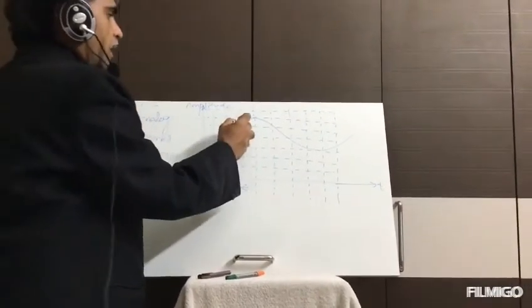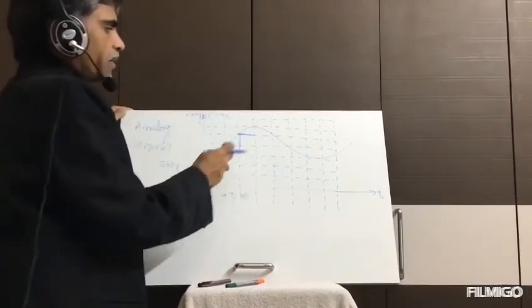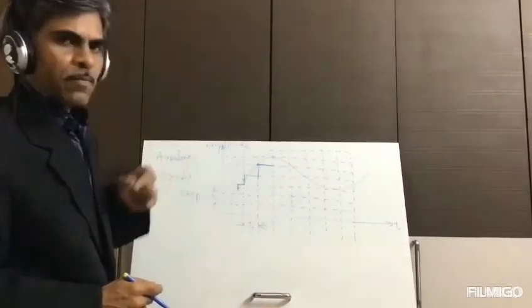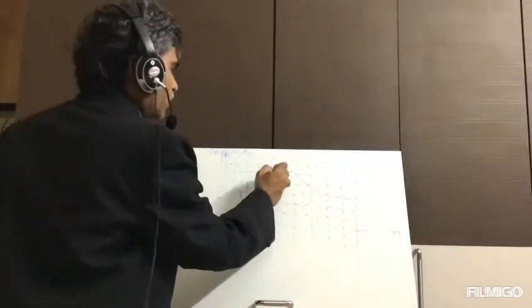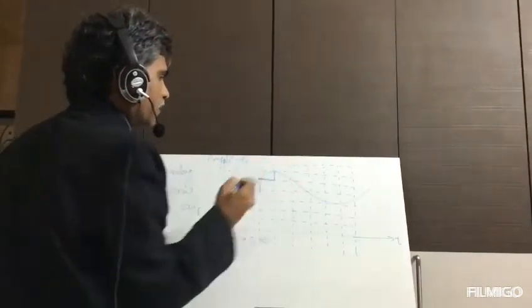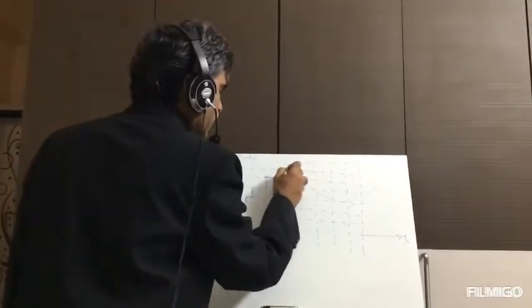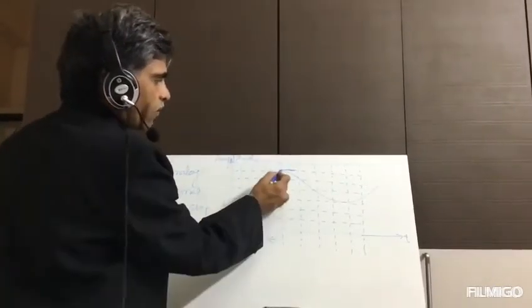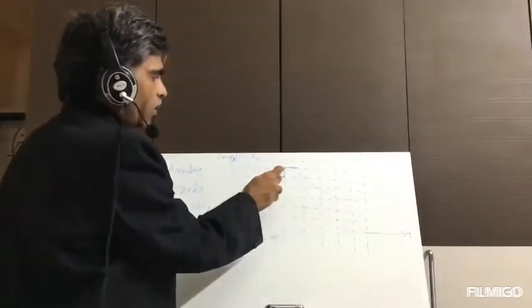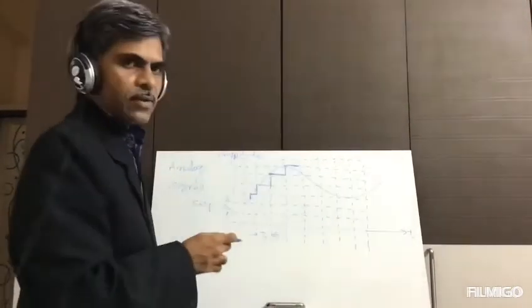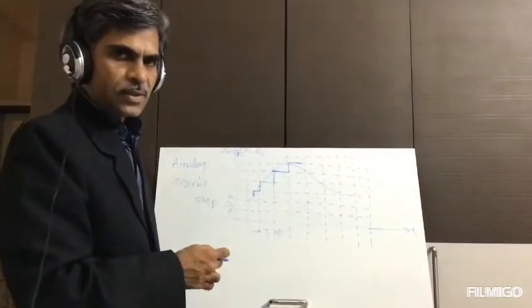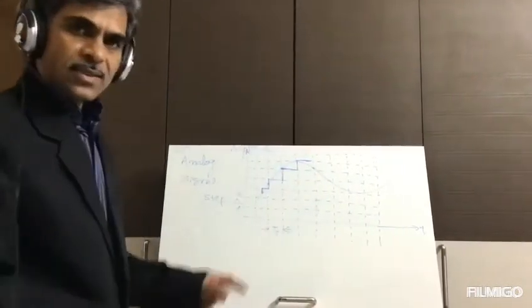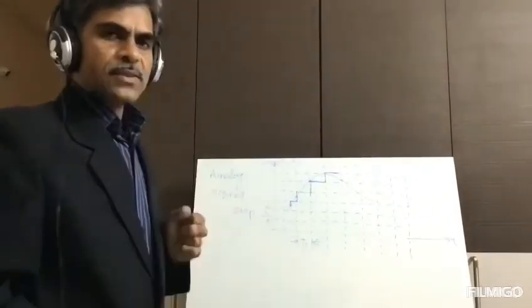So thereafter it maintains its level here, and still you find the analog signal amplitude at this instant of time is more than the previous sample amplitude, therefore it further increases to this level and maintains its amplitude at the same level for the next sampling duration. Thereafter, after this peak point, the continuous signal is going down, its amplitude is getting reduced. So at this instant of time the amplitude of the analog signal is less than the previous sample amplitude.